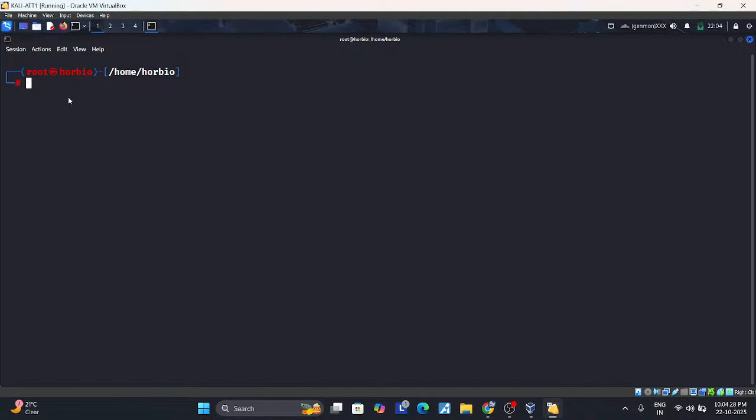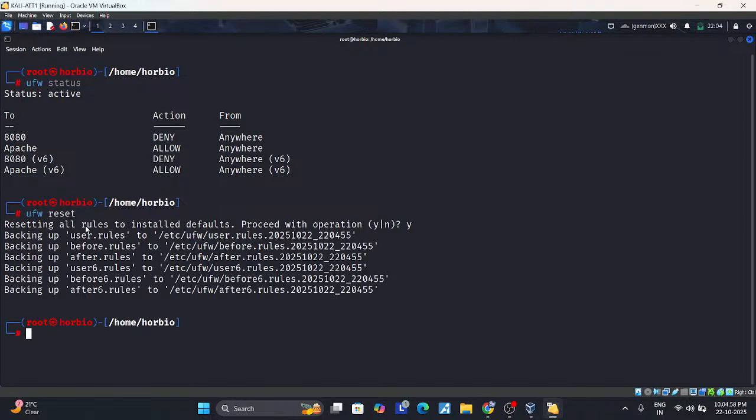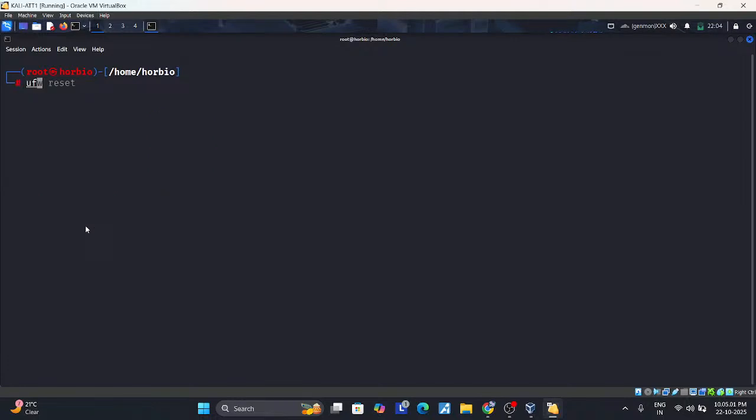So first of all you have to install... let me check my UFW status. I denied port number 8080 yesterday. So first of all I just reset it, UFW reset. So all the rules are reset, and now let me check again. Now you can see here it's inactive. Now first of all I have to stop my